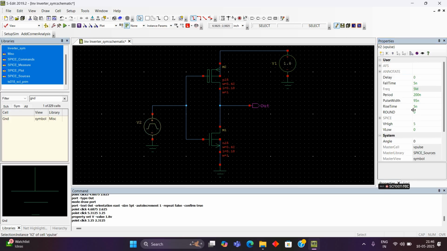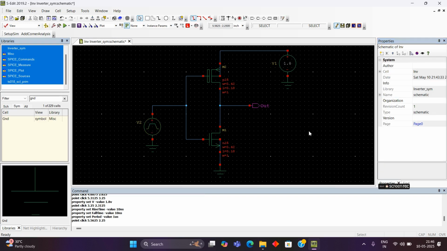For this we will keep the rise time as 10 nanos, fall time as 10 nanos, pulse period as 1U. Okay,